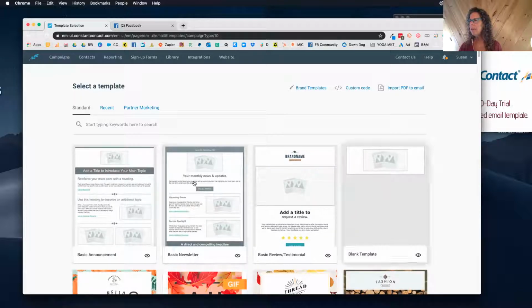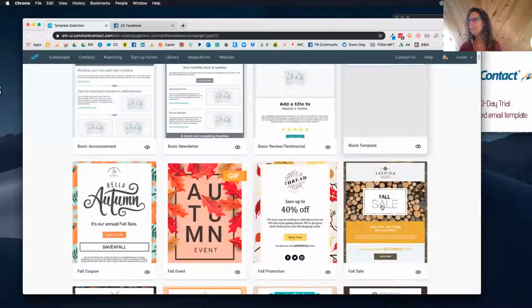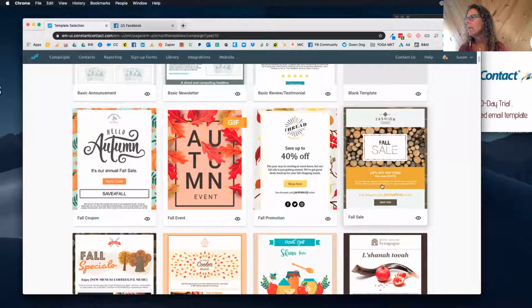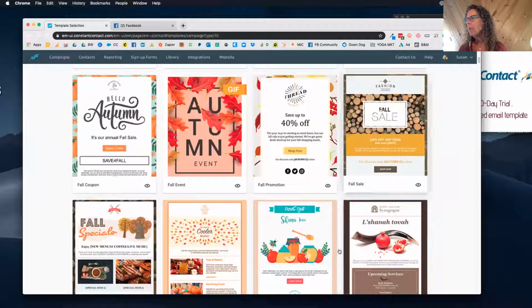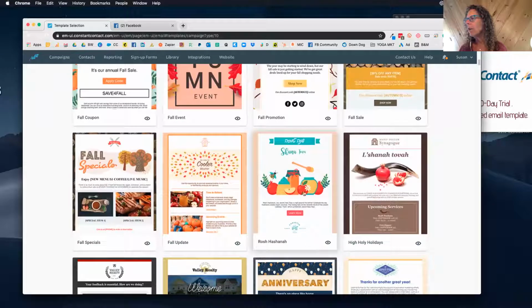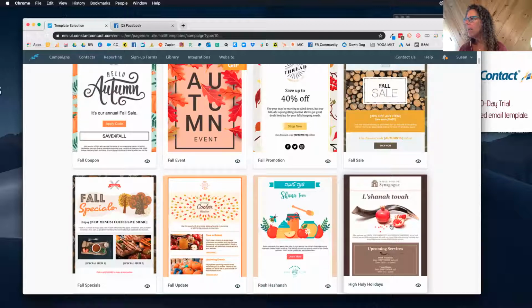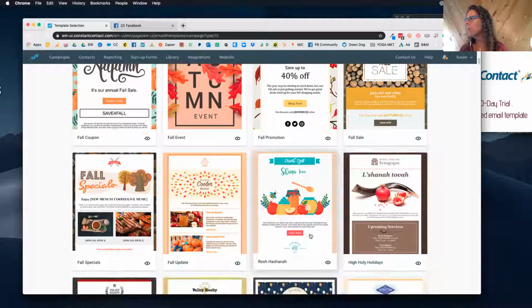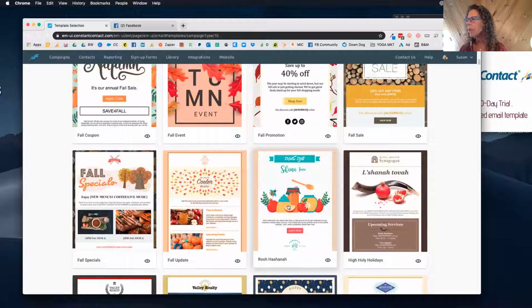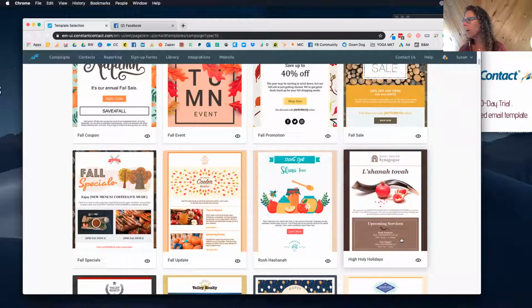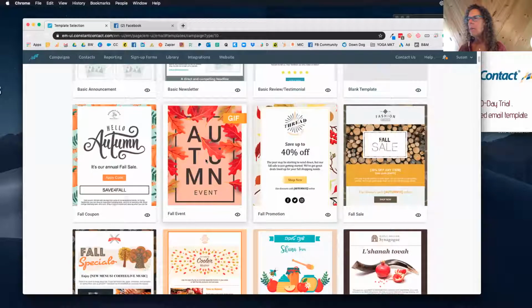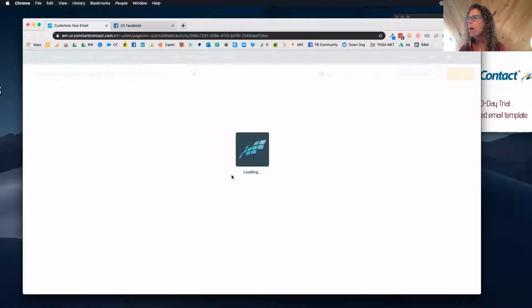So nothing here, like you can do all your regular things here, but let's say you want to create something for the season. A lot of people this time of year are using Rosh Hashanah, so you could do Shana Tova. There's a few different options for that. And in that case, you can put your own information in there, wishing you a happy, healthy new year, or here comes our services. Kathy was using this one the other day, which I loved because that autumn graphic at